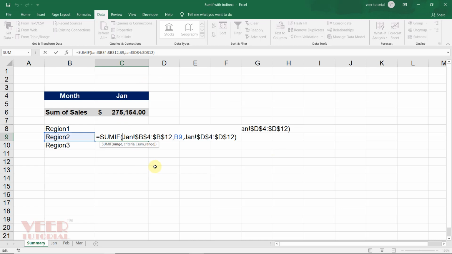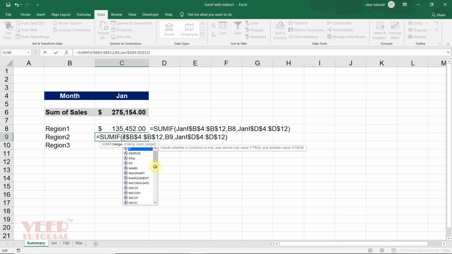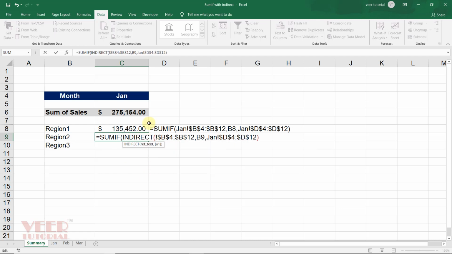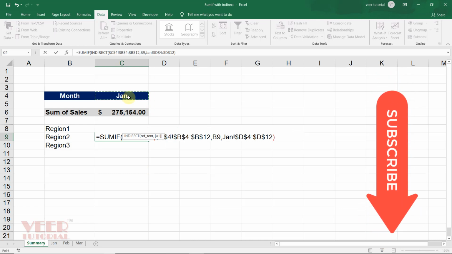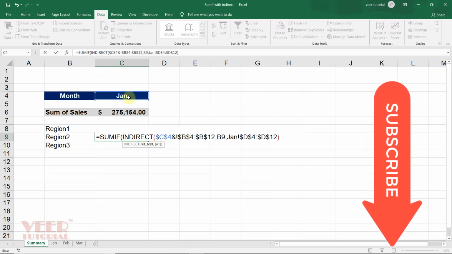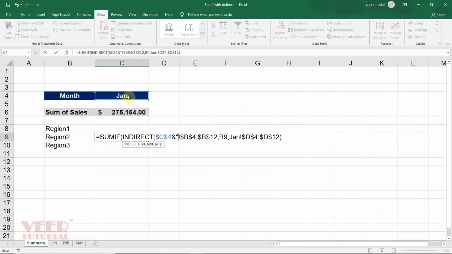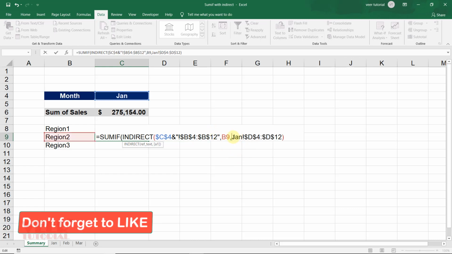So first, come here, remove Jan and type indirect, then give the reference of this cell, make it constant, and add ampersand, then double quotation mark, and put the double quotation mark over here as well, and then remove Jan from here.